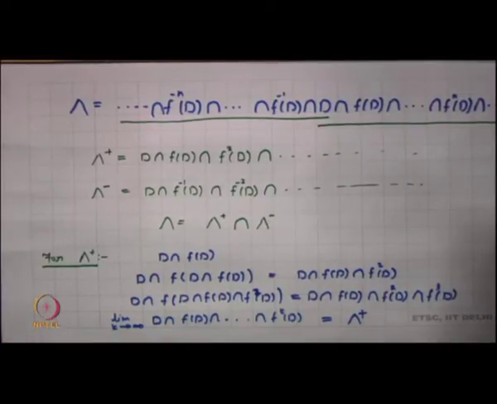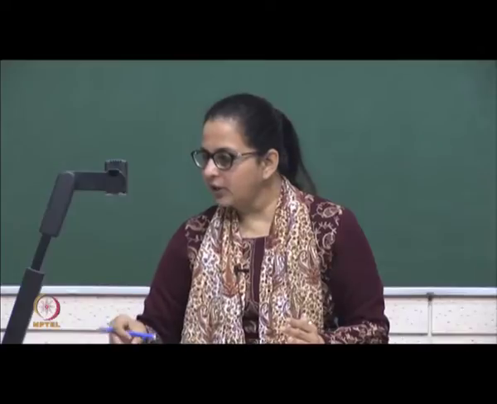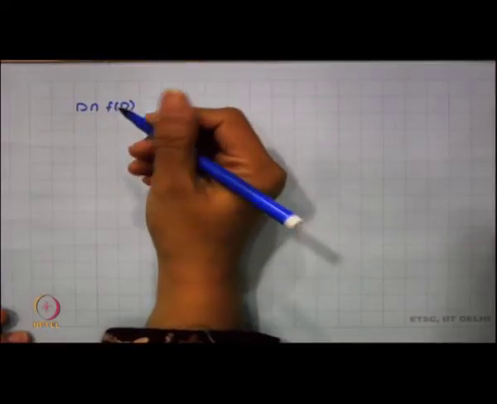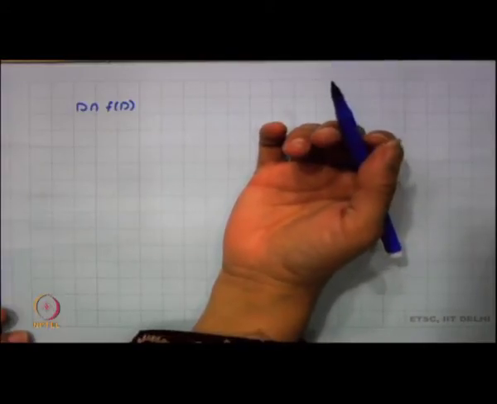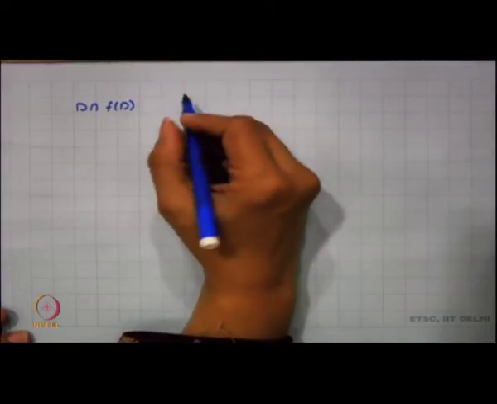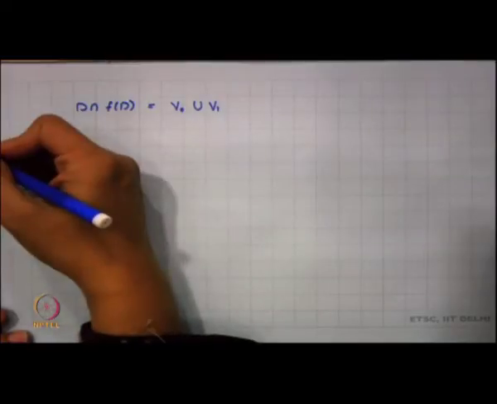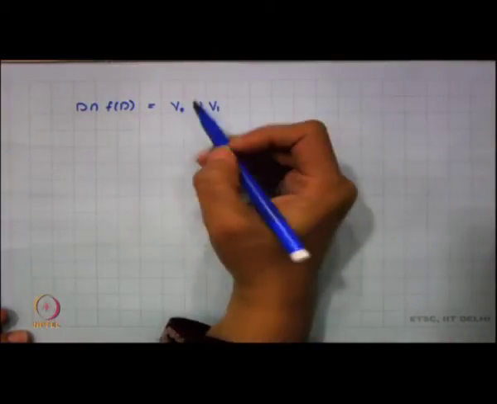So, we are going to try to visualize D intersection f D, D intersection f D intersection f square D, and so on, and once we have constructed k steps, it will be easy for us to visualize what happens when we take the limit as k tends to infinity. So, let us try to visualize what is D intersection f of D. We already know what this is. We have seen that this is nothing but V0 union V1, if you can recall from what was done last time.